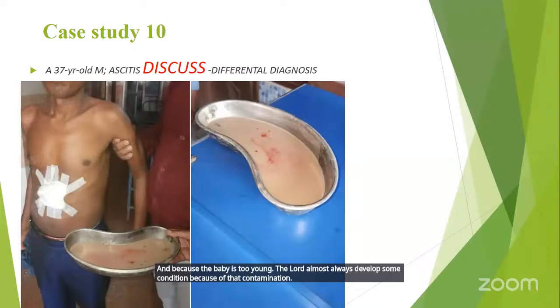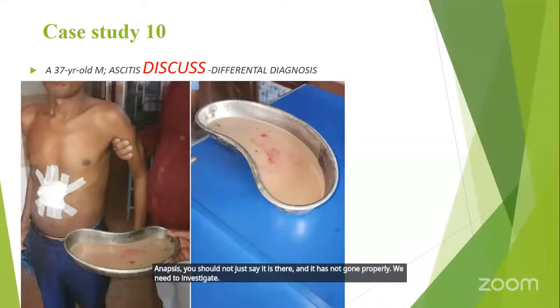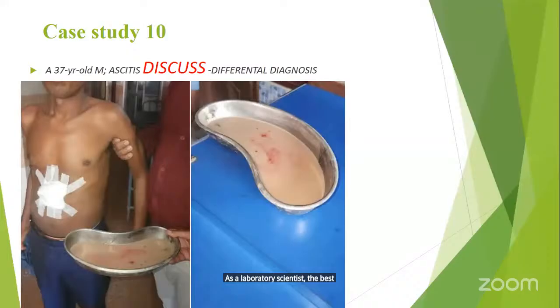An abscess, you should not just say it is there and it has not gone properly. We need to investigate. As a laboratory scientist, the best way to go is to get that pus. Go get the pus, even if it is just one drop of pus, it has a story. Then advise the client, or if it is your patient,